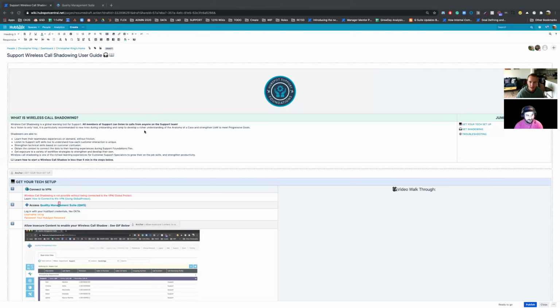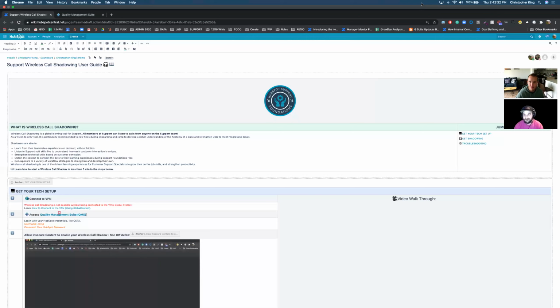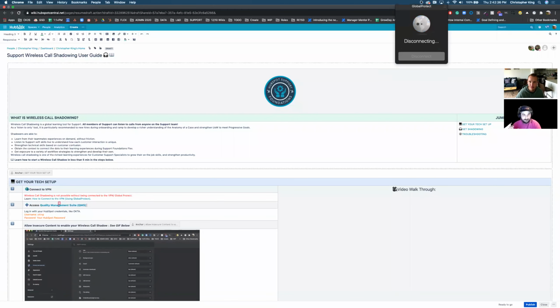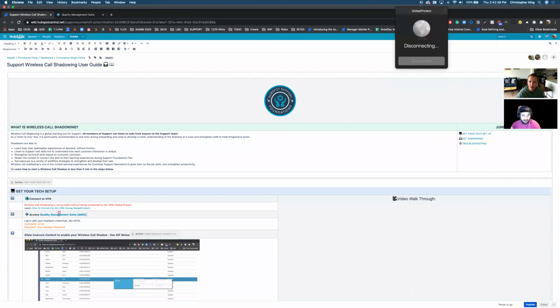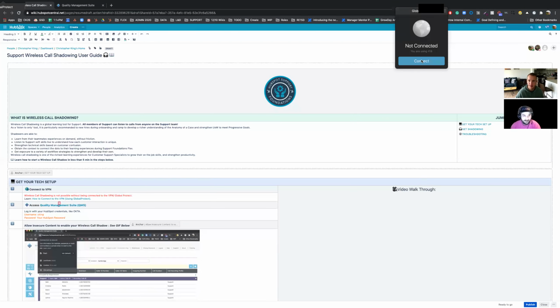Yeah, let's do it. Let's do the thing. So first thing we're going to need to do is connect to the VPN. I don't know if you've done this already before, but if this is your first time, up in the top menu bar on your Mac, there should be a globe icon. And if you go ahead and click that, that is the Global Protect client that we use to connect to the VPN. If you are on a PC, it'll instead be located in the bottom right-hand corner in your taskbar